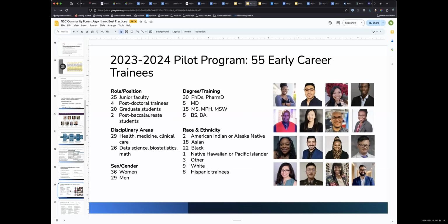So this first pilot program featured 55 early career trainees. 25 of those were junior faculty, 4 postdoc trainees, 20 graduate students, and 2 postbacs. I think we had a range of experience: 30 PhDs or PharmDs, 5 MDs, 15 people with masters, and 5 bachelors. The disciplinary areas were mostly health, medicine, and clinical care, as well as data science, biostatistics, and a